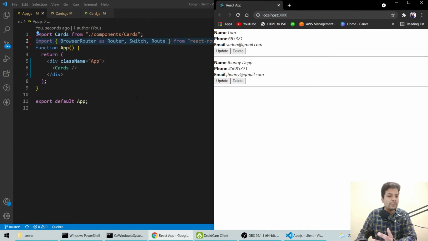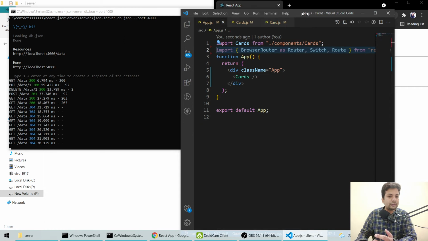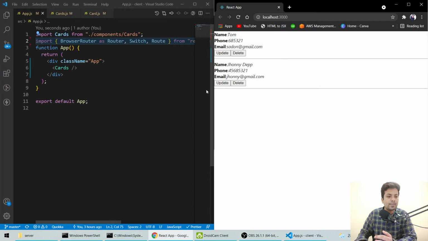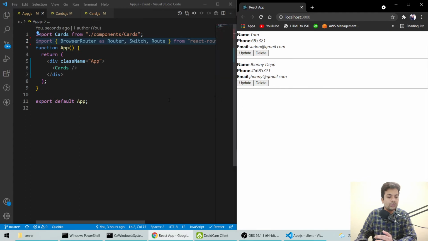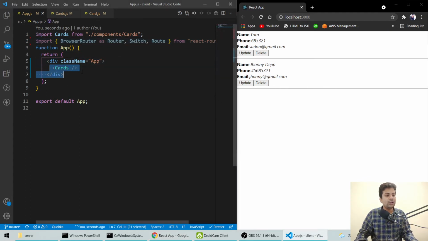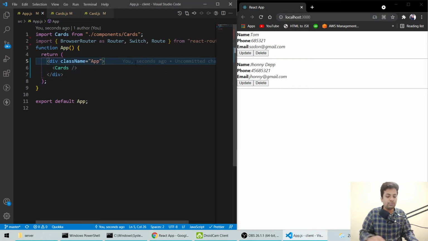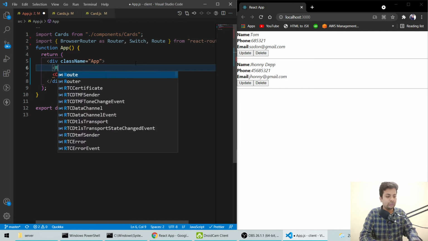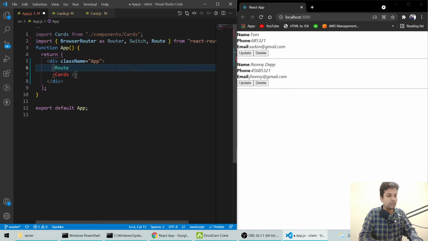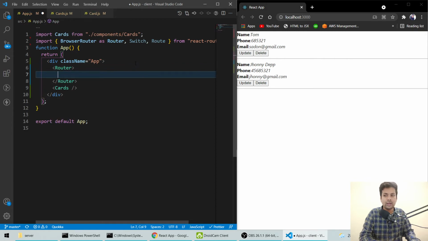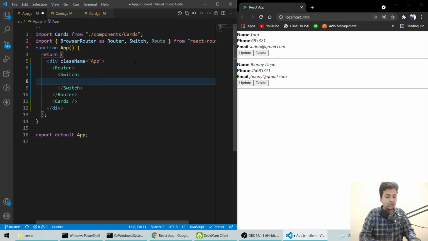So everything is running fine. Now we want this on the base domain name. So before that we'll say Router. Inside this we'll say Switch. Now we'll use Route here, and here we'll tell the path.